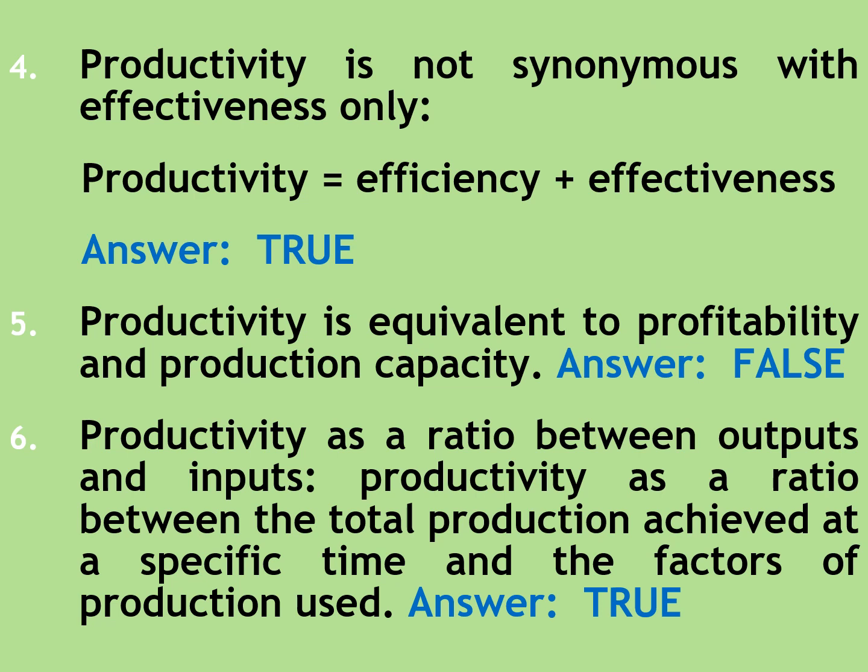So let's move to number 6. Productivity is a ratio between outputs and inputs, the total production achieved at a specific time and the factors of production used. The answer is true. Productivity is an indicator of doing the right work properly on time. So productivity is an indicator of both, as we said before, efficiency and effectiveness, and it can also be defined as the ratio between outputs and inputs,